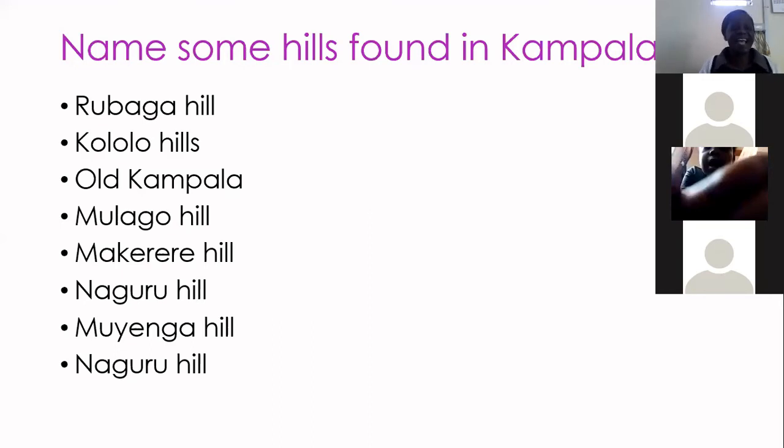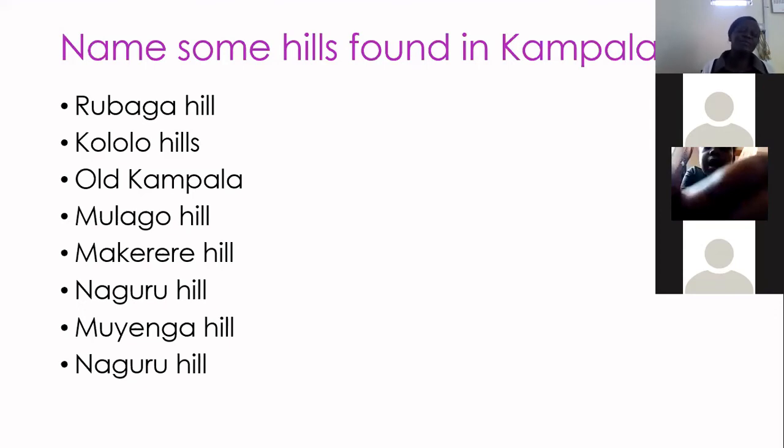So when a question comes asking you, what is the most important thing found in these hills? Luvaga Hill, I've talked of Luvaga Hospital. Kololo Hill is Kololo airstrip. Then we are looking at another one, which is Old Kampala. In Old Kampala, we talk about Bank of Uganda. And we also have the biggest mosque found there. So those are some of the features which are found. Sometimes they say features found on these hills. So you can say Bank of Uganda, or you can talk about the mosque.